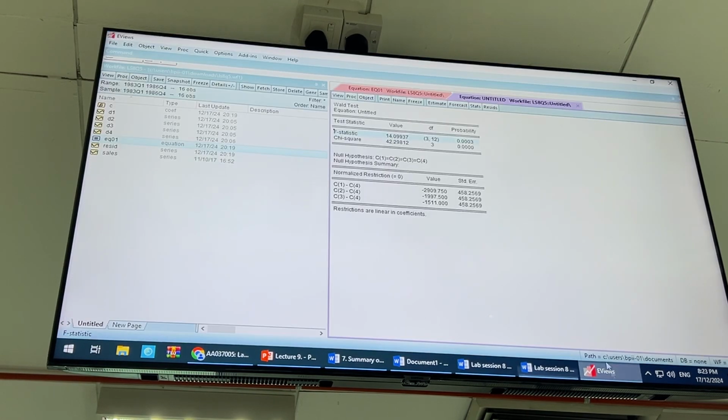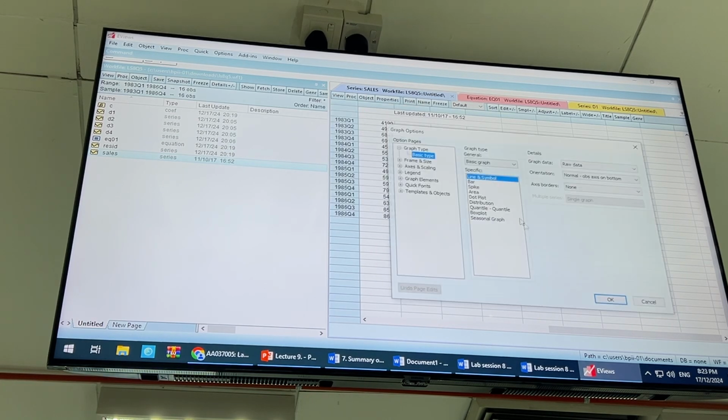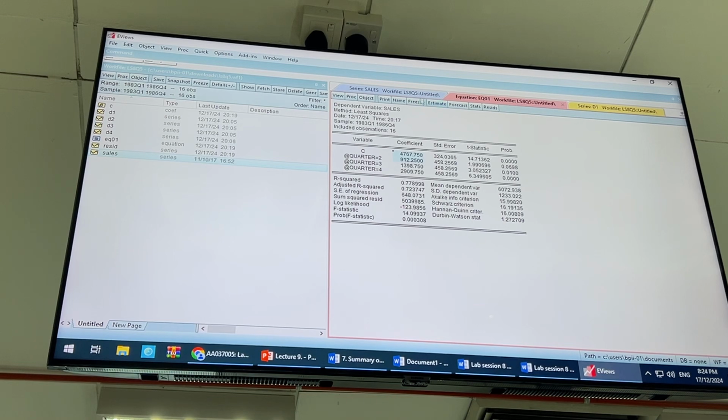If you check this data in detail and produce a graph of the series, you can see that it basically has a trend. The values of the series increase. So the better model should include trend as well. It's not even in the question, but if you want to have a better model, then you have to include trend. So if you estimate the model